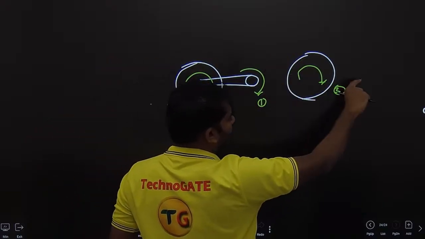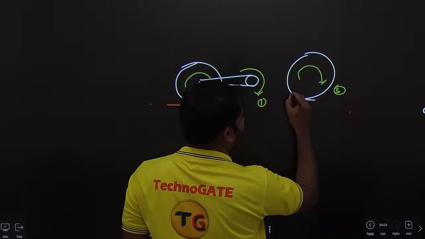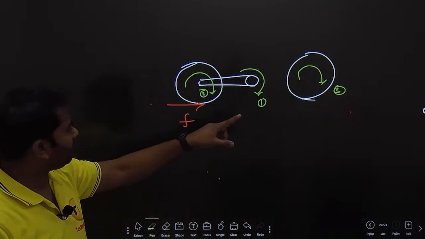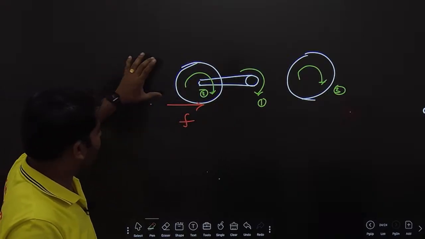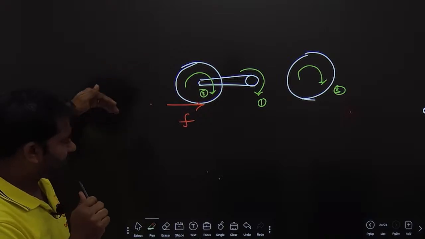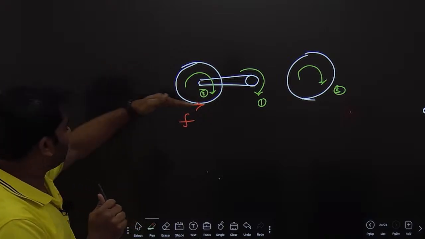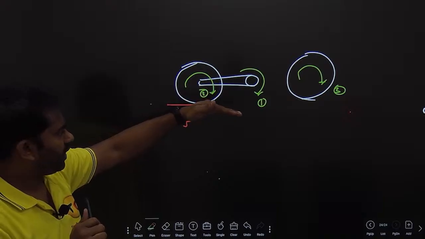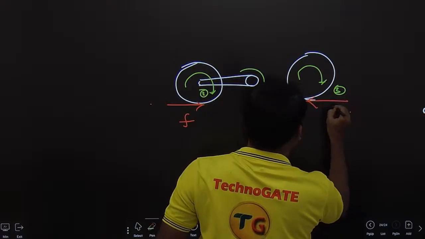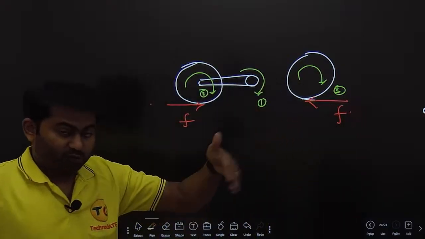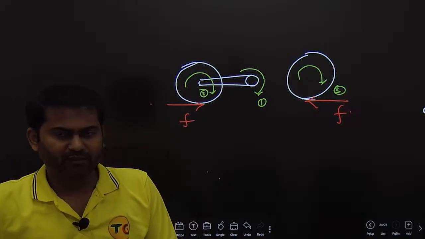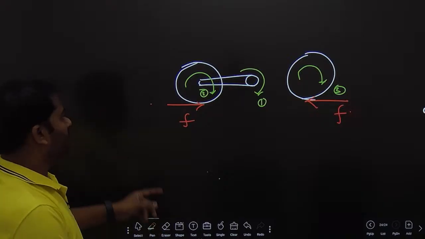Overall, as the cycle moves forward, on this particular cycle the friction force will be acting in the opposite sense. So this particular tire is moving to the left, so the friction force is acting forward here. The friction force acts forward, so the whole vehicle is moving. On this one, because you should take it as a whole vehicle, you would see the friction force is actually acting backward. So this is like this.